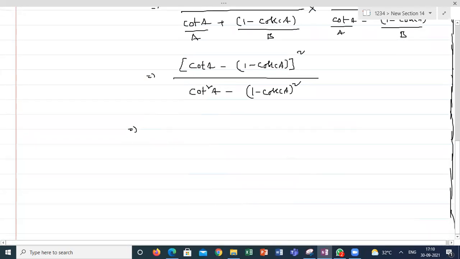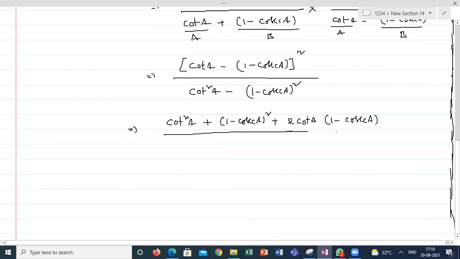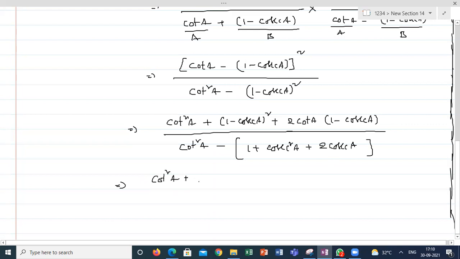If I am opening the brackets, expanding this one: cot square A plus 1 minus cosecant A whole square plus 2 cot A into 1 minus cosecant A, divided by the denominator, cot square A minus 1 plus cosecant square A plus 2 cosecant A. In the numerator I can still expand a little bit more: cot square A plus 1 plus cosecant square A minus 2 cosecant A plus 2 cot A